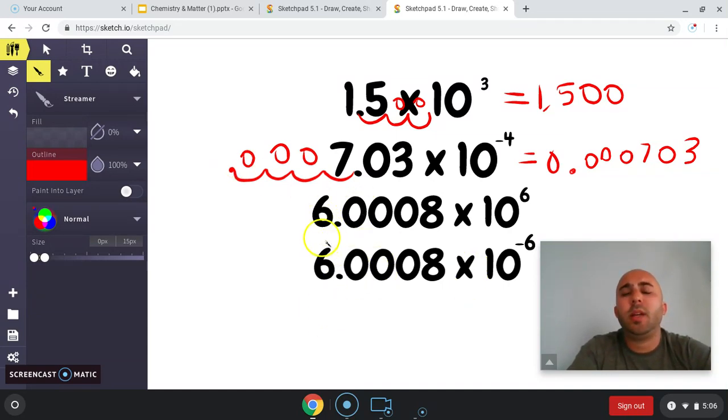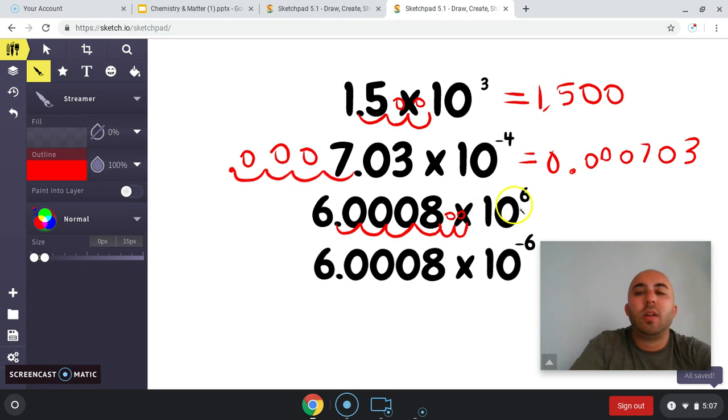I thought it might be neat for us to do essentially the same figure, but the only difference being that the first one here does not have a negative symbol and this one does. So in this case, I'm going to move the decimal point to the right because I'm essentially multiplying by 10 to the 6. Which should be a million. 1, 2, 3, 4, 5, 6. I'm going to fill in those 2 extra spots with zeros. Okay. And so that's going to give me